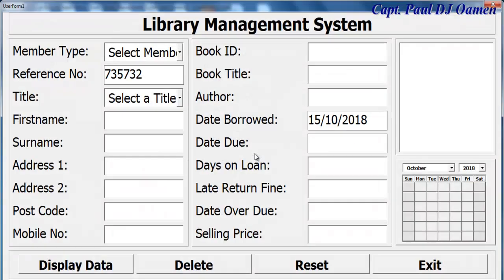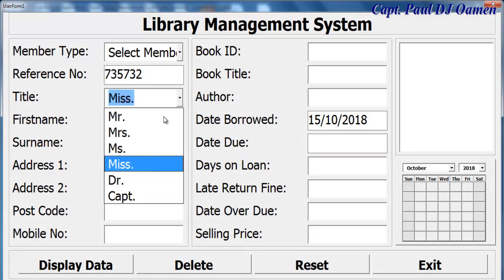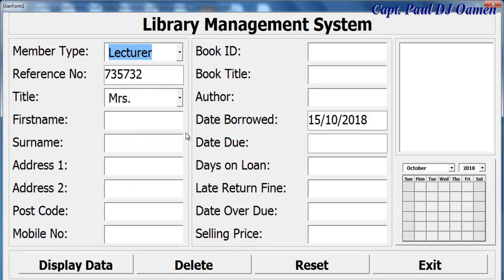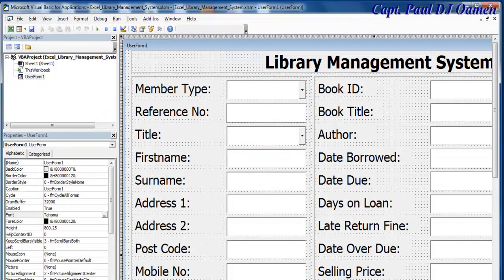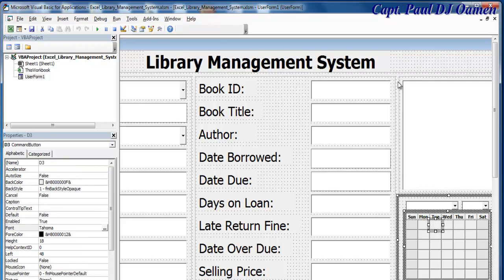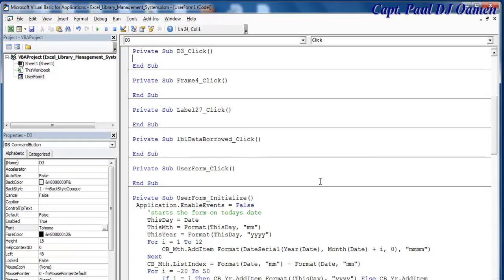So if I run that now, let's see how it's going to look like. There we go. We can select any of those. Yeah, that's fine. Okay, it's looking good. Now the next thing I like to do is to at least be able to do something with this. Alright, I'm going to exit. Okay, let's create a theme that will make this calendar work. So let's go back inside the code here,